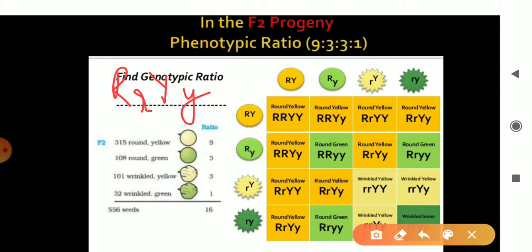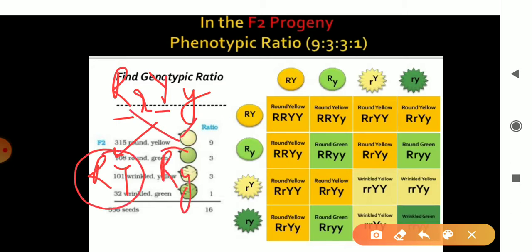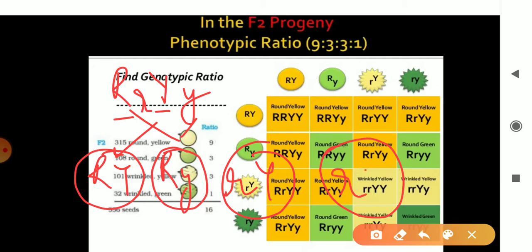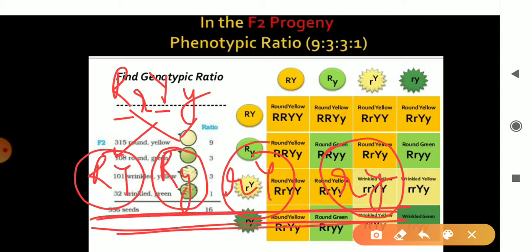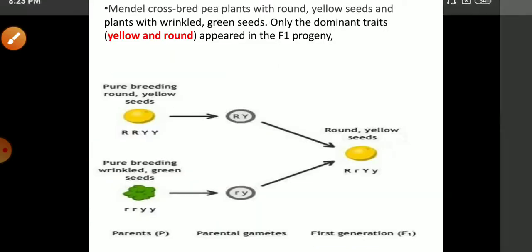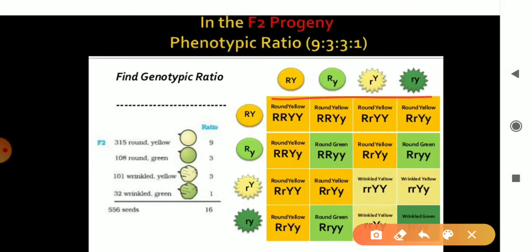So what will be the possible gametes formed? There may be a separation this way, that is capital R and capital Y. Then there can be another combination, capital R and small y. Then the third kind of combination can be small r and capital Y, and a gamete having small r, that is a factor for wrinkle, and small y, a factor for green color. So these are the four different possible gametes that will be formed by each of the male and the female parts. Okay, so these are the factors.